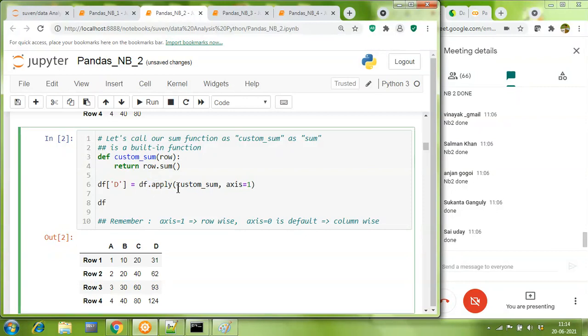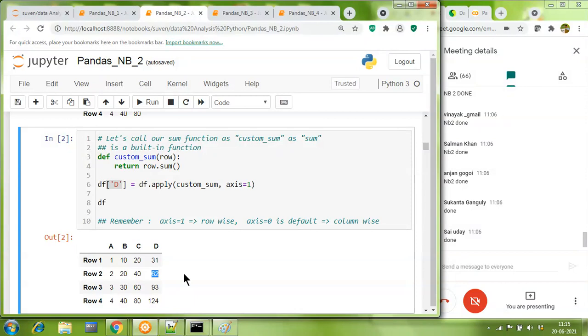And to the entire row, it is applying, go by the English words, it is applying the custom sum function. So in short, the row which you have picked up, 1, 10, 20, goes in the row variable. The row dot sum is 31, which is being returned. Whatever df.apply returns is getting stored in the variable D. So result 1, 10, 20, total is 31, got stored here. Next, 2, 20, and 40, result is 62, it got stored here, and so on and so forth.